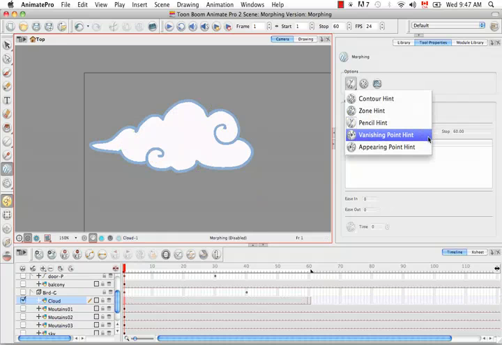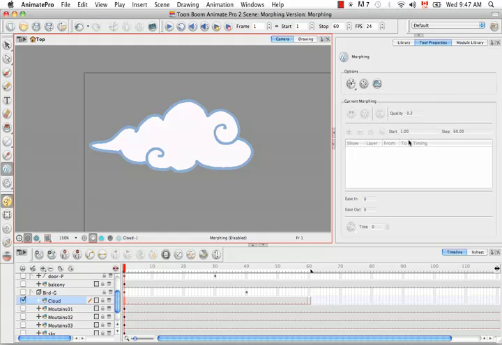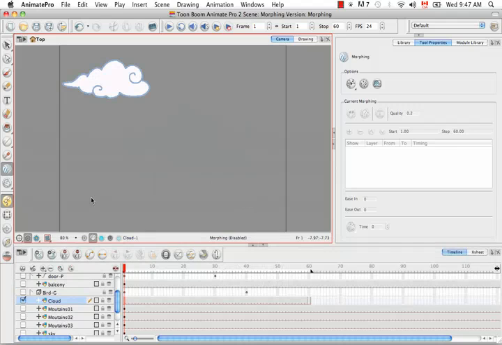So the vanishing point hint is interesting because if you remember from the last tutorial, any shape that we had in the source drawing that didn't have an analogous shape in the destination drawing would slowly disappear, but it would disappear into itself, so into its center point. If you actually do want an object to disappear from the source drawing to the destination drawing, but you also want it to move across the screen, for example, from left to right across the screen and then slowly vanish, you need to set a vanishing hint point so that it knows that it starts here